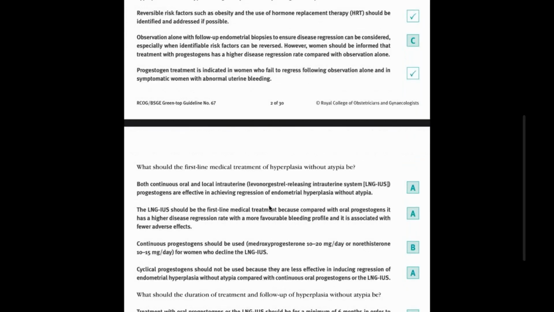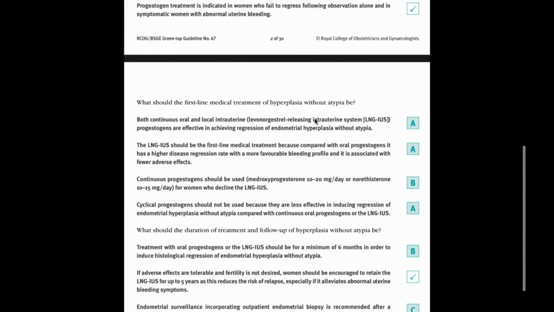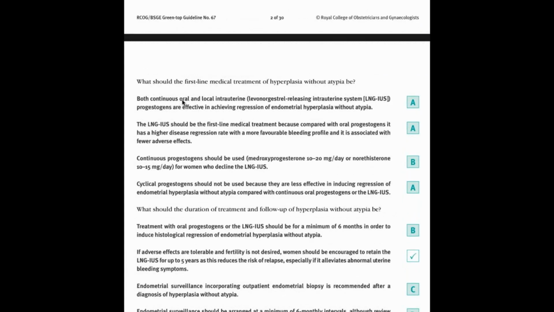All right. What should the first line medical treatment of hyperplasia without atypia be? Both continuous oral and local intrauterine progesterone, which is a Mirena coil, are effective in achieving regression of endometrial hyperplasia without atypia. So here in your notebook, when you're reading the guideline, you write, okay, if we just want to recap what we've read and what information you want to write in your management. So you write management of endometrial hyperplasia without atypia. Number one,